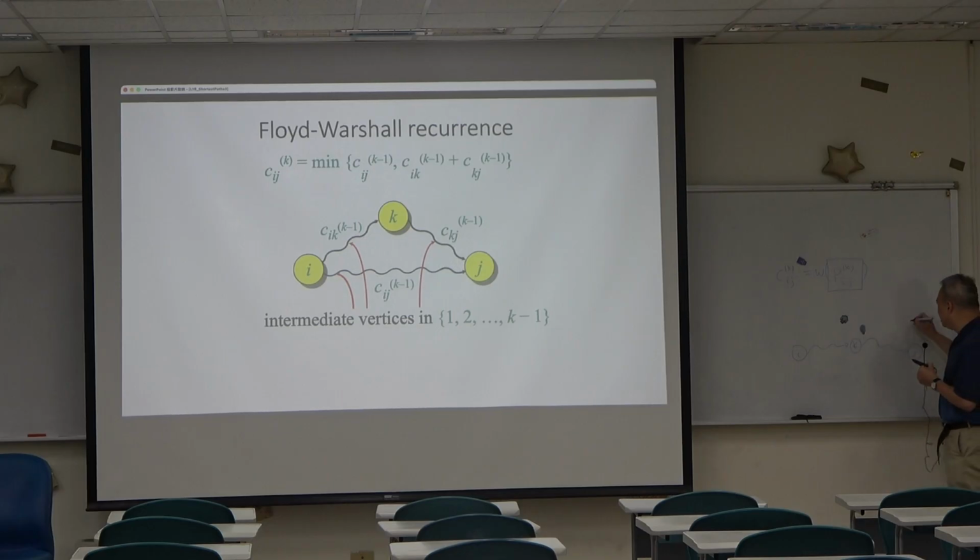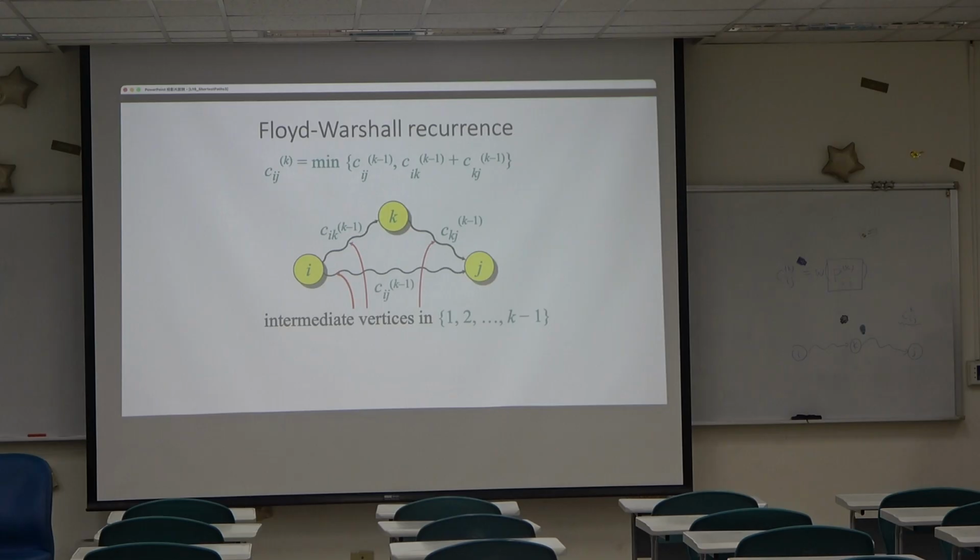This is obviously what we call the cost Cijk, right? Assuming among all the intermediate nodes, the largest one will be k. So if k appears in this path,